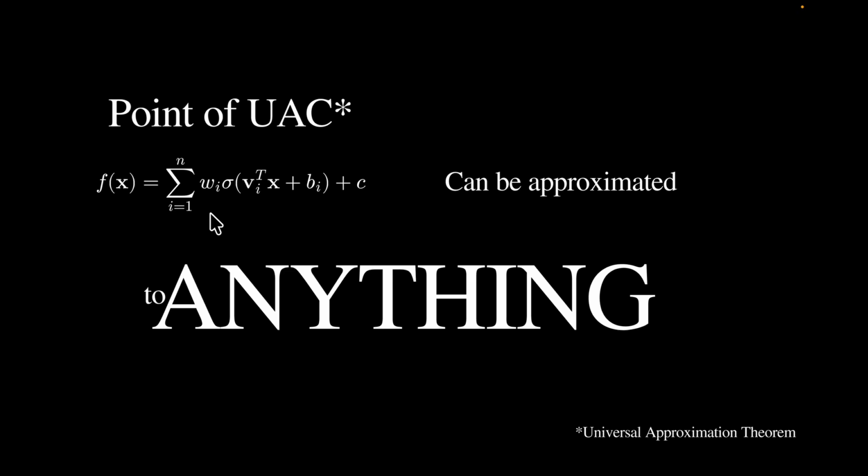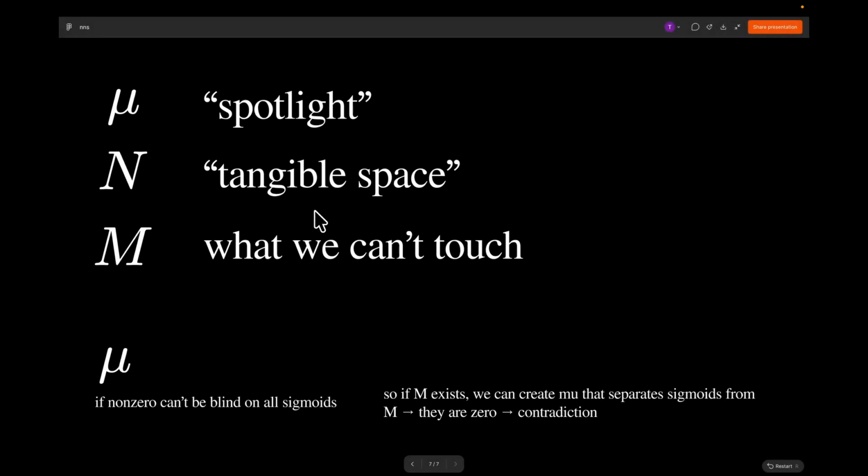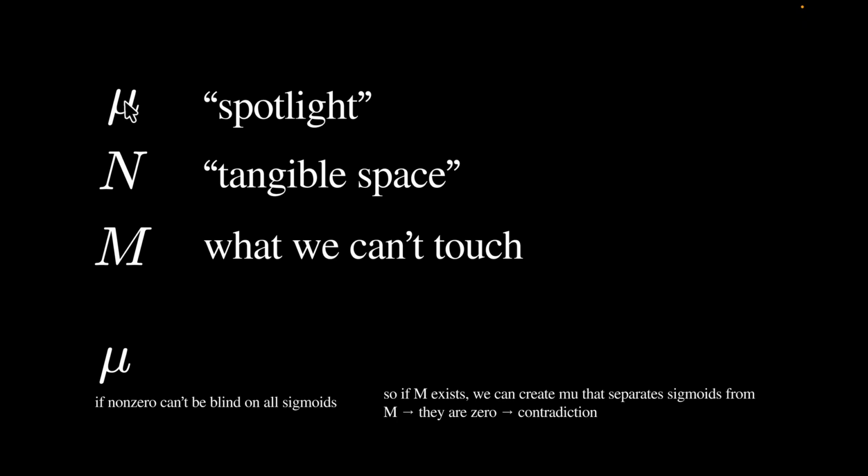It's from 1989, as I remember, called Universal Approximation Theorem, just as stated here. And there a person just proves that this can approximate almost everything. So here is what I state, the point of the UAT, the Universal Approximation Theorem. So what is that? How is it done? We have three key things.